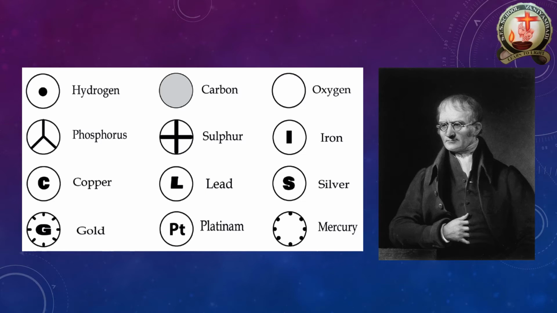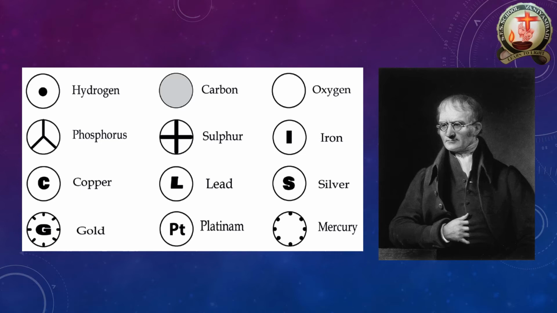What happened in previous days is that these symbols were very complicated to understand. So to eradicate the difficulty, another scientist introduced a new concept. The scientist's name was Berzelius. Berzelius suggested that the symbols for elements be made from one or two letters of the name of the element. Suppose, take my name, Anand. I took my initial, M, plus M dot A. Like that, they give the representation with the name of the element.